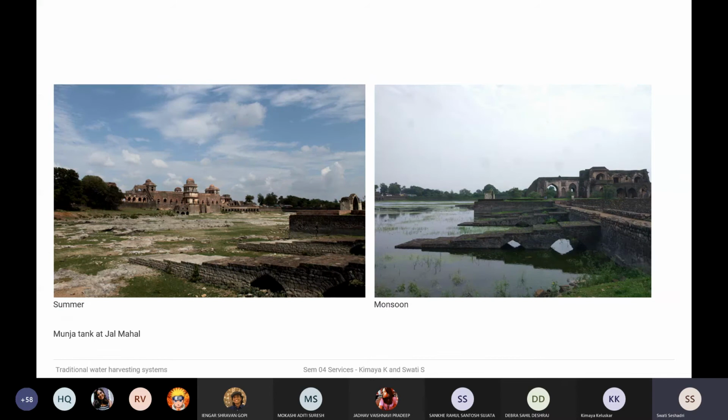So these are a few images. I just added the summer and the monsoon. Actually, when I visited it, this is how it was. It was thriving and there was water filled on either side. And this is the summer landscape, so you see no water here. And in the monsoon, this is around the end of August. You see that it's thriving and it's completely plush and green.